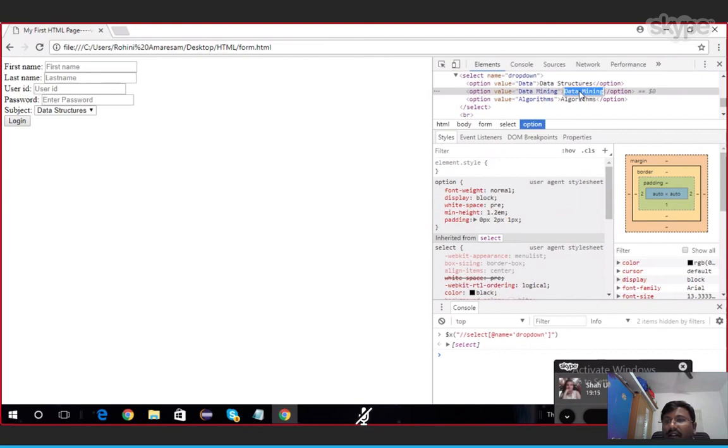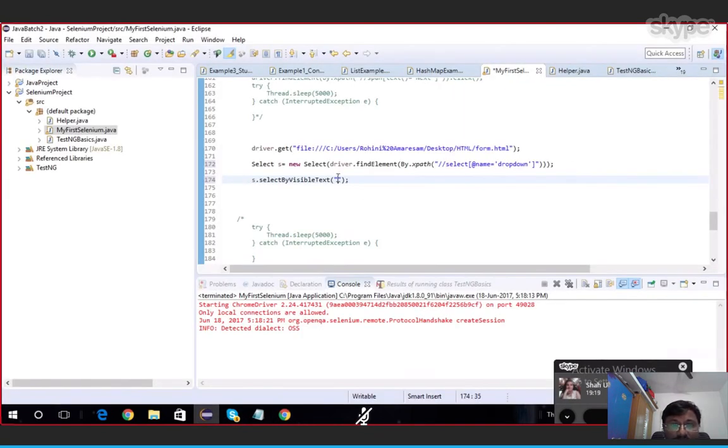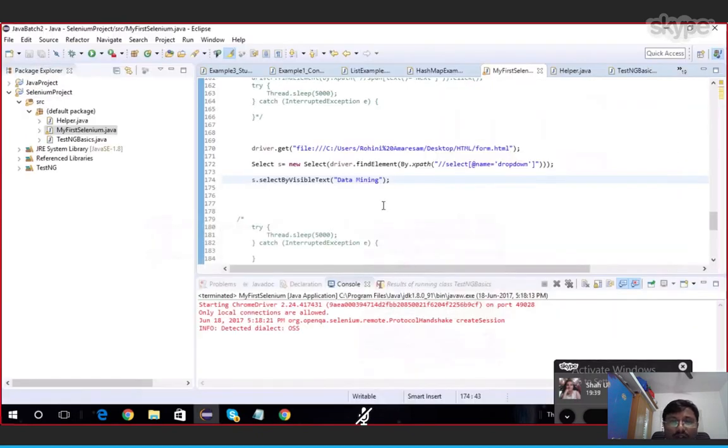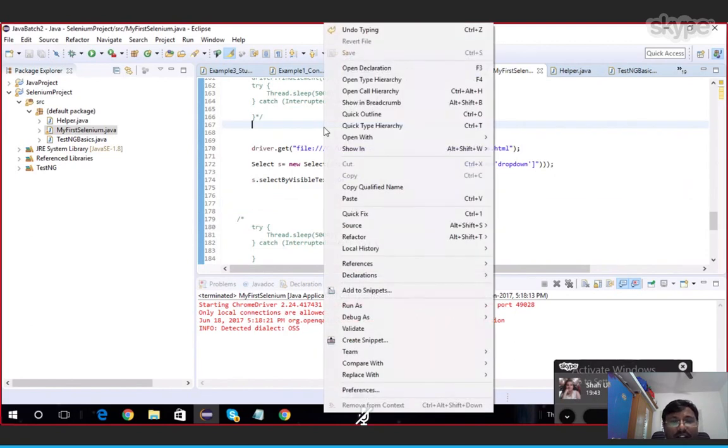So whenever you use select by visible text, you must use these values, that means the text of the option tag. You should use either this one, this one, or this one, whichever one you want to select.